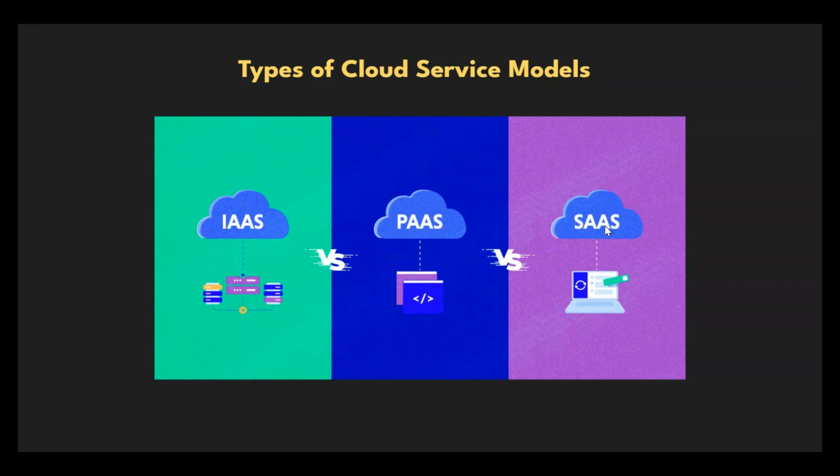And the last category, SaaS. It's the most common type of example. I'm sure you must have come across it. I'll give an example which all of you must have heard of: Netflix. It's a streaming platform where you have to pay to consume the software which is behind a paywall. It works on a subscription basis. Similarly, SaaS delivers software applications over the internet on a subscription basis. Users can access the software without worrying about installation, maintenance, or infrastructure.